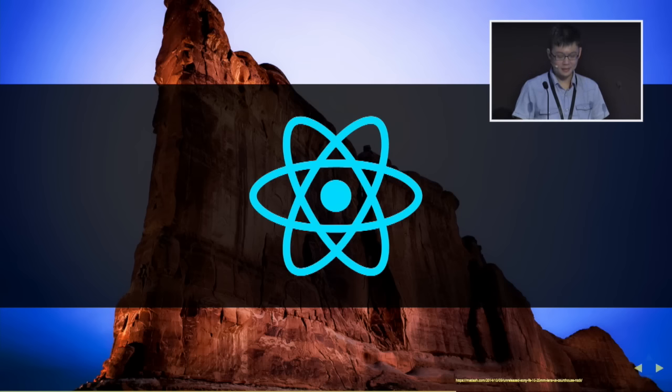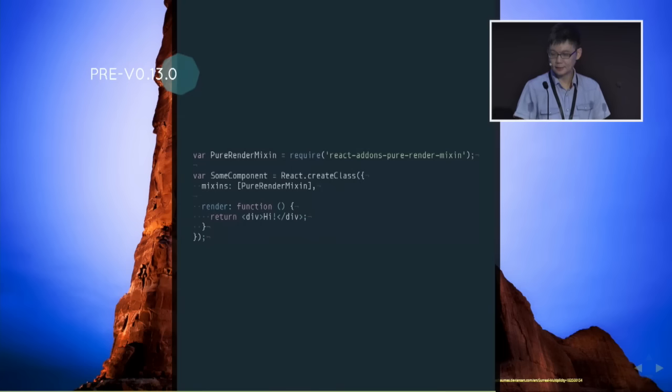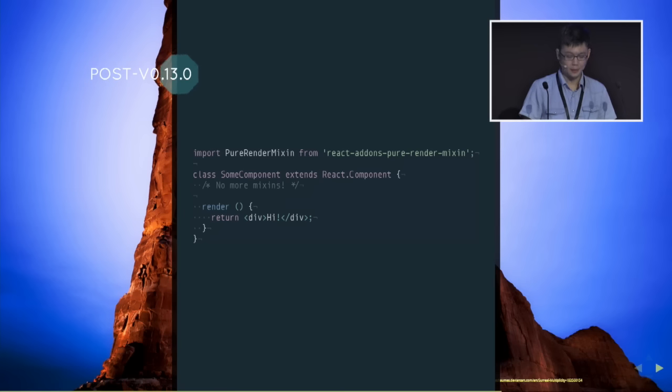So just in case you haven't checked out React already, you can go figure it out on their website. They have a very extensive documentation. And here's a little bit about React mixins. Basically, there was a mixin implementation in React prior to version 0.13. When you're using the old React createClass method, you can do it like this. But after a new update several months before, they stripped it away. So if you are trying to use ES6 with React, there's nothing you can do now to include the mixins, which is kind of sad,